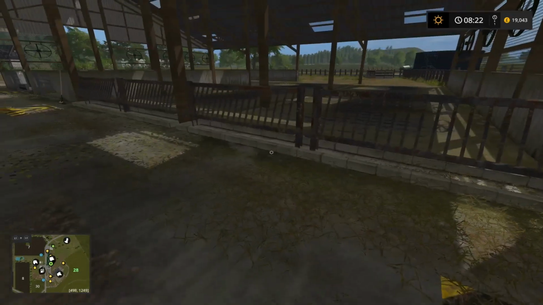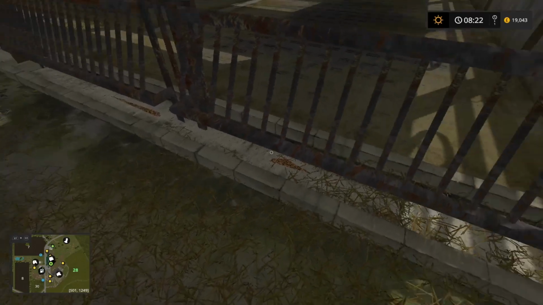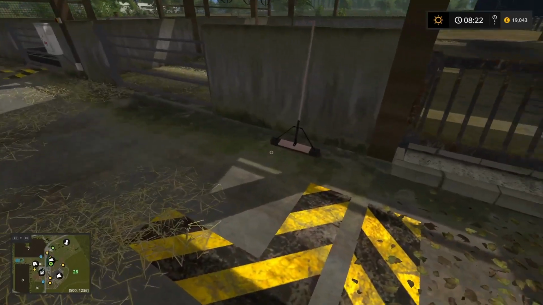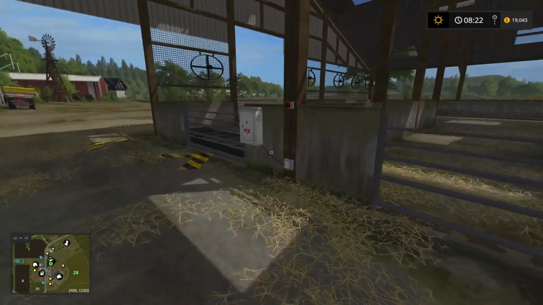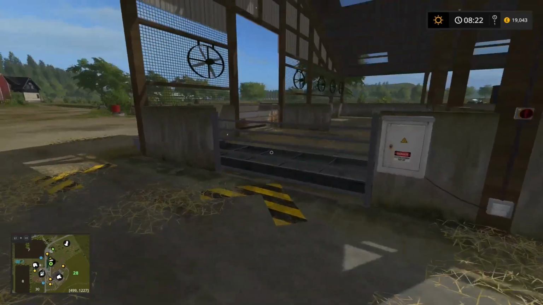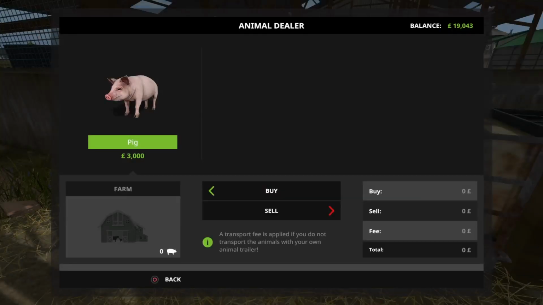Okay, right. So, again, assumption time. Feed trough. Judging by there's little bits in there. Let's assume then that's feed. Here then we've got, I would imagine, judging by the floor, straw. Is this where you're going to put your bedding in? For the pigs. That's a water trough, definitely. So this is your water. And here then... Oh, that's interesting. Okay. So...